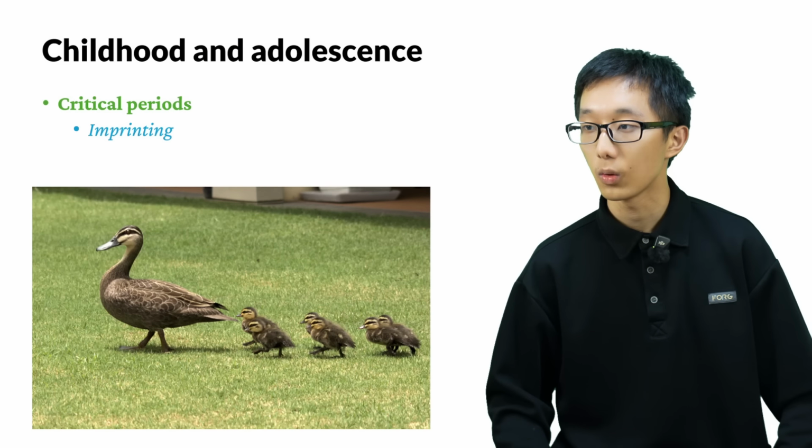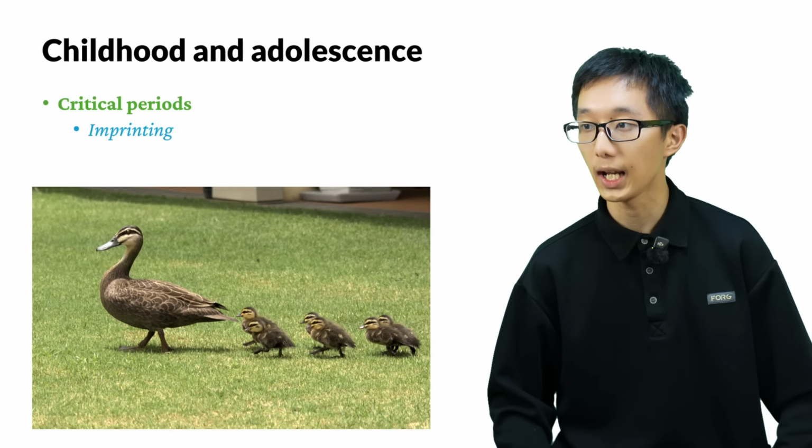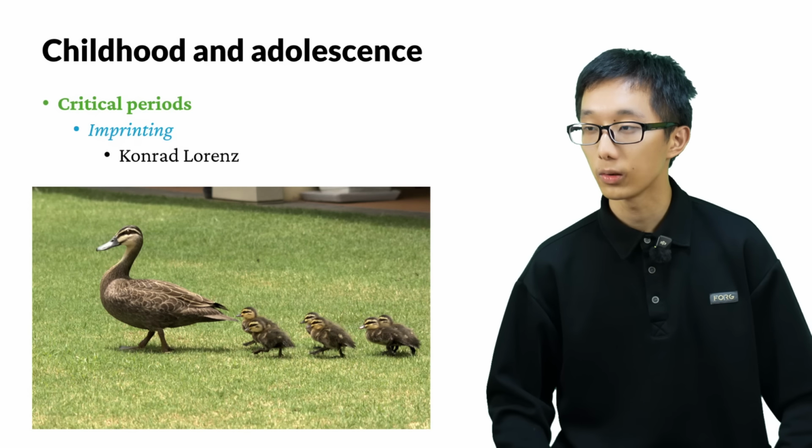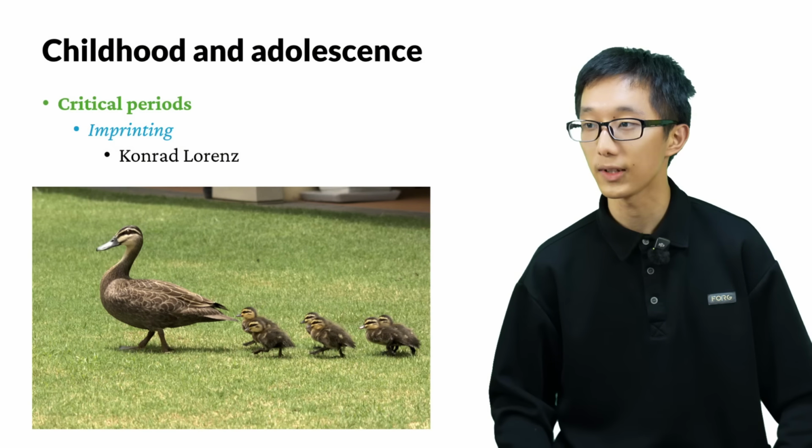Imprinting means that when a small young bird is born, it will identify any object or organism around it as its mother. It will follow that organism anywhere. Konrad Lorenz is an animal ethologist who discovered this imprinting behavior. He experimented with geese. When geese were hatched from an egg, he stayed around the little gooselings. When the gooselings saw Konrad, they identified Konrad as their mother, and they followed Konrad around for a very, very